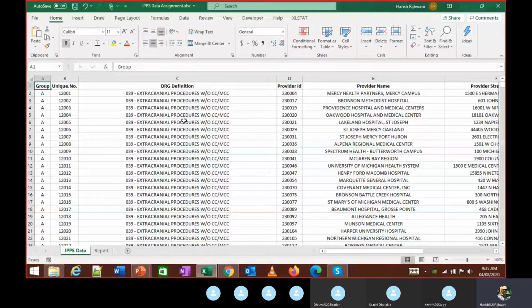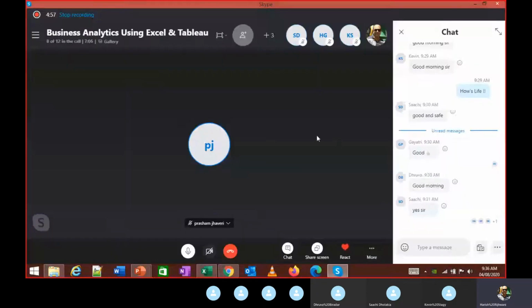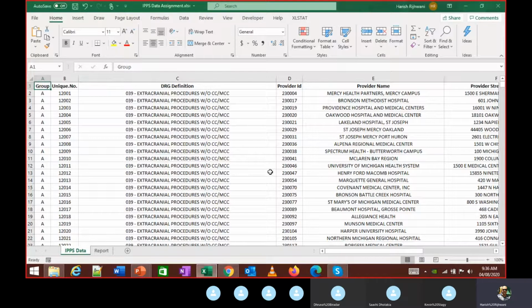It's all practical, so whatever session we're going to have from here is all going to be practical. Can you open the Excel file? And all those who have joined, can you type your name in the chat so I'll mark your attendance. And let me know once you have opened the Excel file.